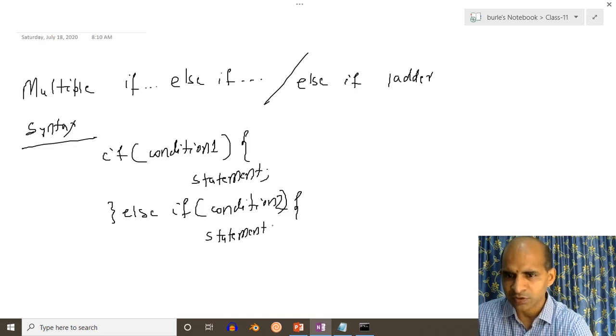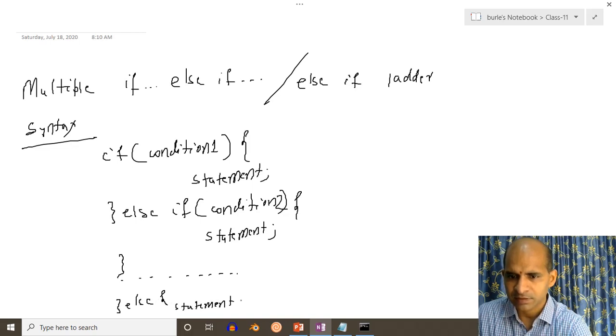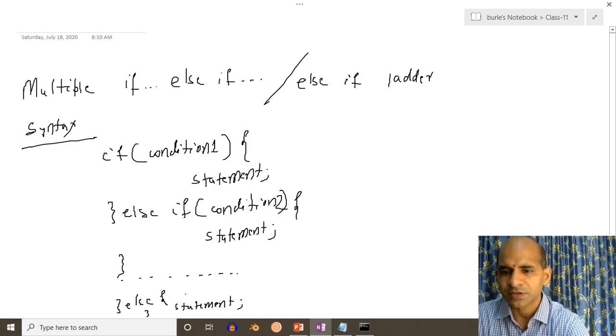Like that you can use as many conditions as you like, or at the end you have to go for else, that is a statement, right? You can go for any number of conditions, at the end you have to stop.